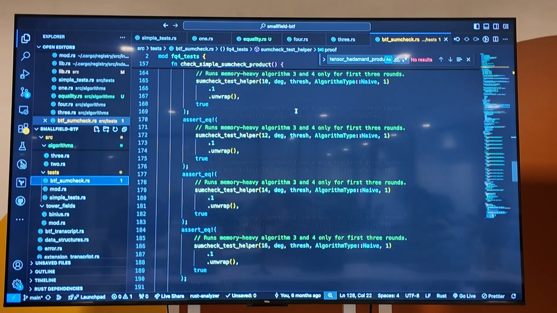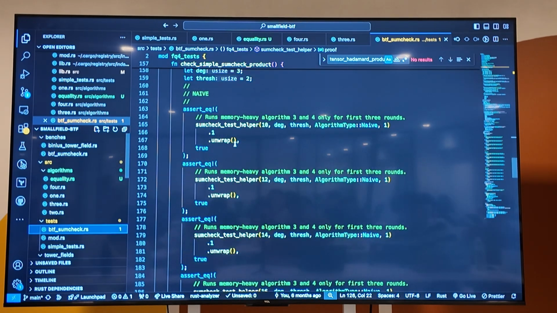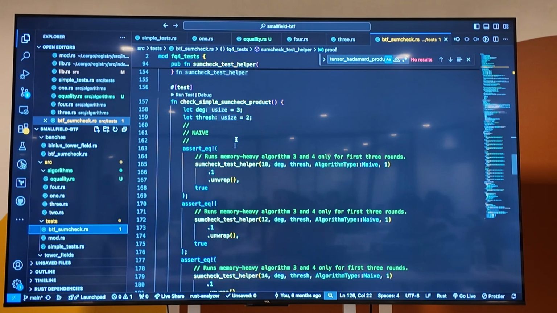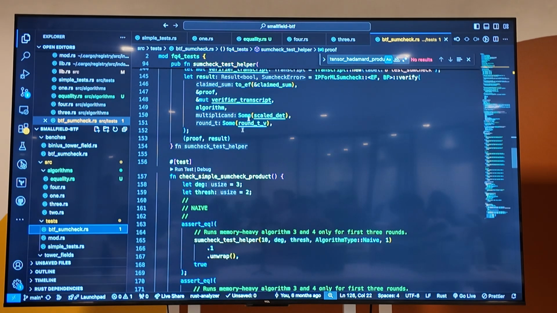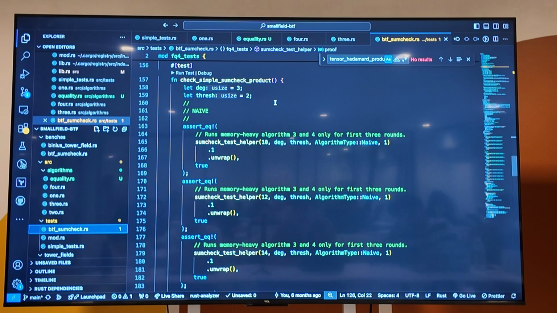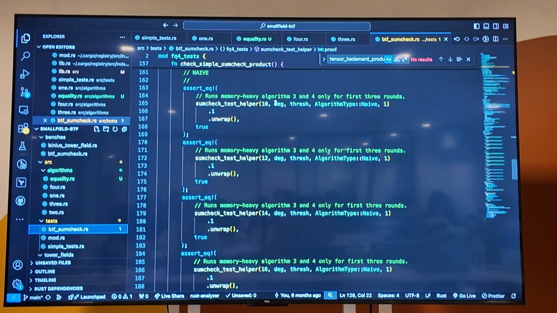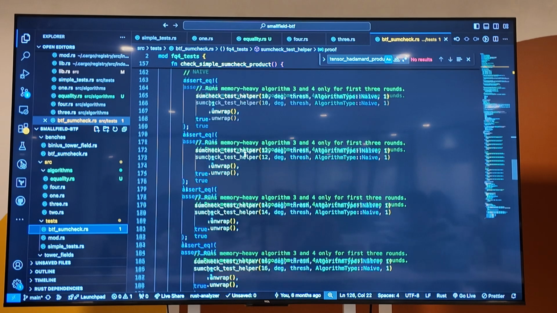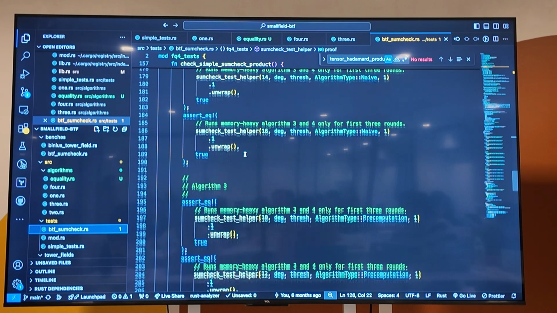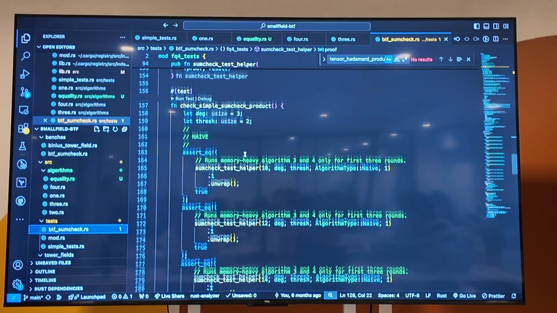There's a bunch of tests, there's a bunch of benchmarks. In the tests, we'll try to run this test just to demonstrate how we can compare the end-to-end runtimes. So what I've done here is